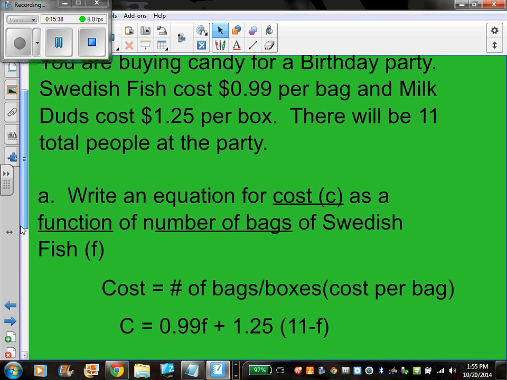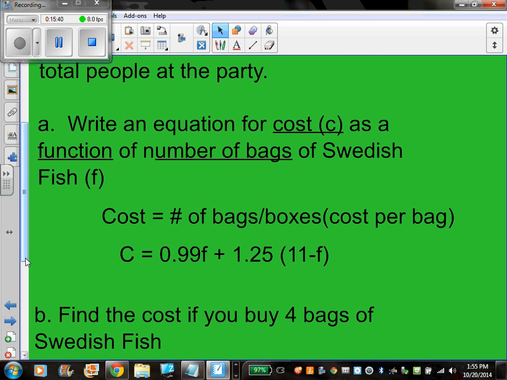All right. Well, if we were to do that, we would know that the cost is going to equal the number of bags or boxes. We need that to be true. It's going to be related to that at least, times the cost per the bag. So our total cost is going to be, we knew that each bag of Swedish Fish was 99 cents. So the cost of the Swedish Fish bags is going to be 0.99 times F, which will be the number of Swedish Fish bags. But then we need to add in the number of Milk Dud boxes,